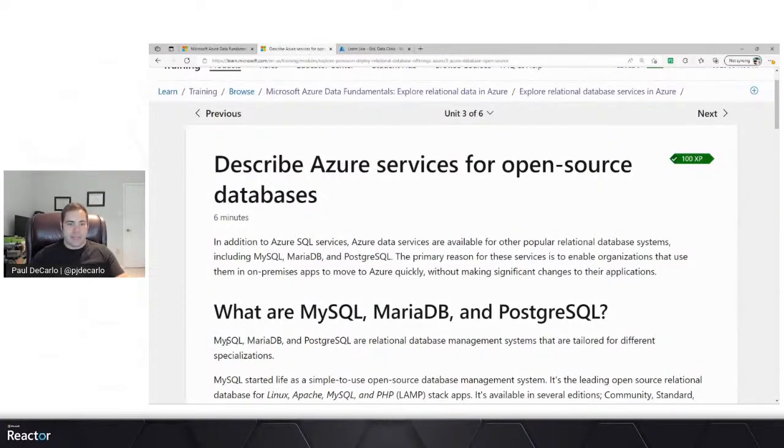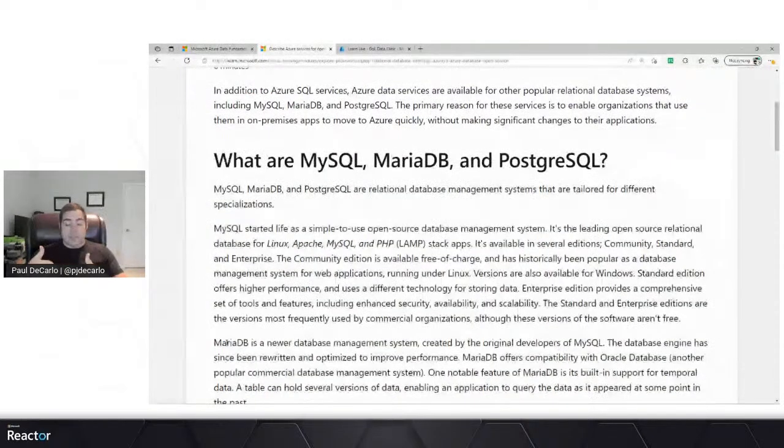And so what exactly are these services that we're talking about? Well, MySQL is a very popular one that started as something often referred to as the LAMP stack, which means use of Linux as the operating system, Apache as the web server, MySQL as the database, and PHP as the web programming language. It was typically used in that formation, which makes up quite a bit of applications that are still online today. And this used to be the way essentially web pages were built, utilizing this LAMP stack as it's referred to.